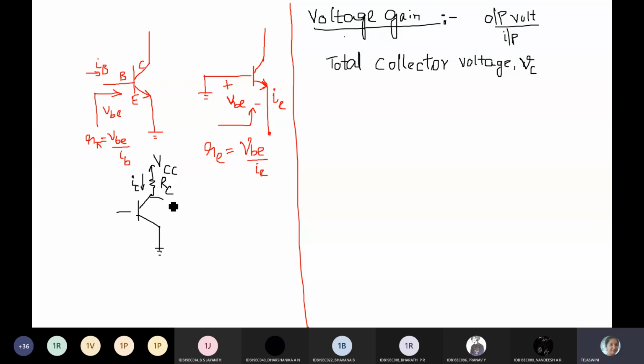And we are going to measure VC here. Now tell me, just apply KVL to this outer side loop. What expression are you going to get? VCC minus IC RC. Okay, so tilted VC is equal to